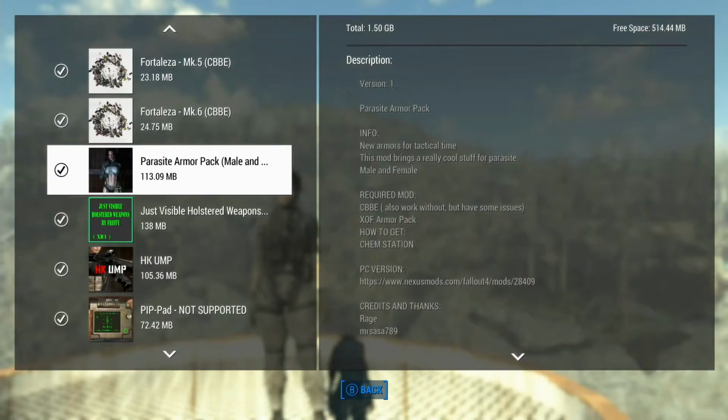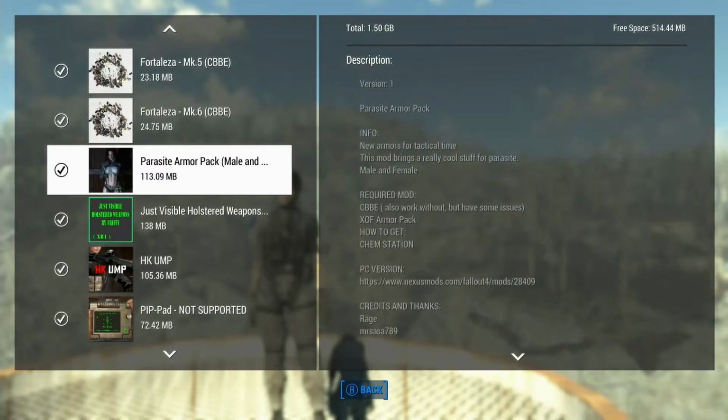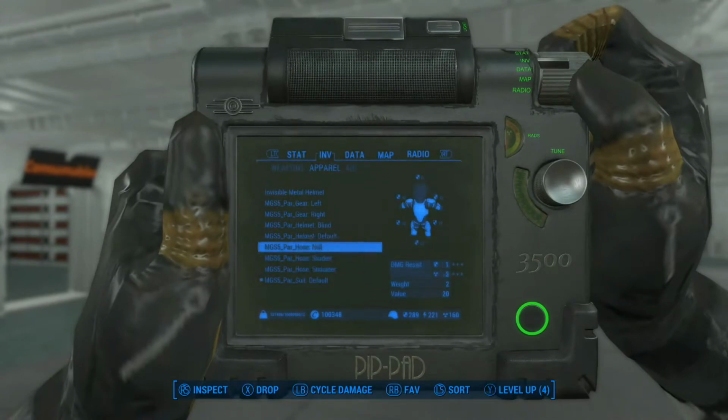This was for the girls. Oh, I have to go to John and show you John, the male version. So, alright, but just remember this, because this was ported by CocaZ93. And let me switch over and just show you the male version of this Parasite Armor pack with John. Alright, so we're here on John. Just to do a quick recap here, if you look at the Parasite gear and do the default suit,